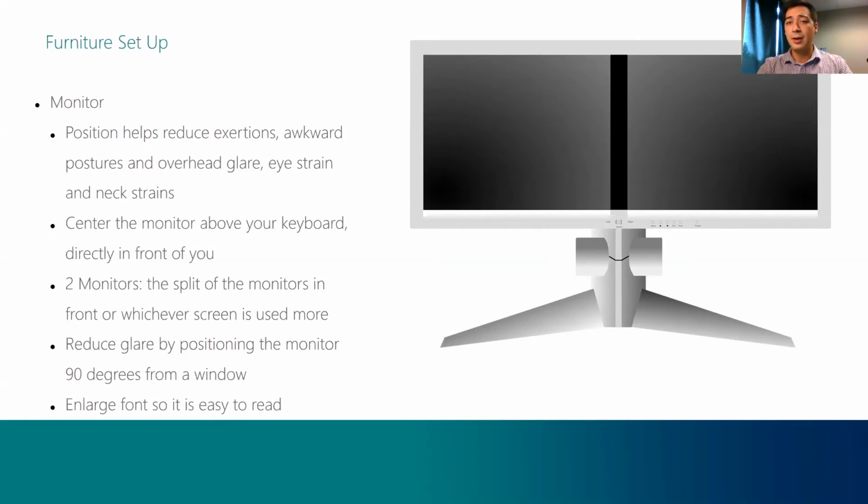Keep in mind, you might want to enlarge your font to make it easier to read. If you are spending a lot of time at the computer, you can consider some reading glasses or some blue light glasses to help that eye strain as